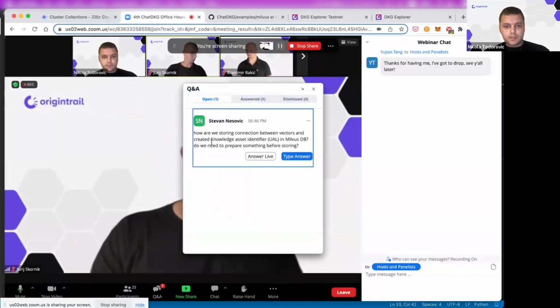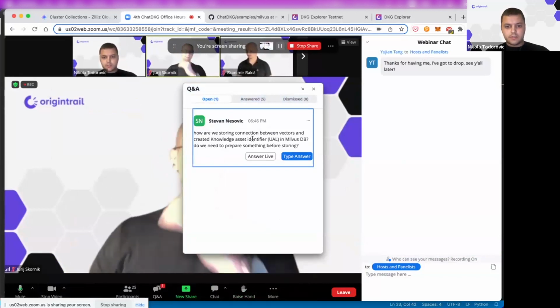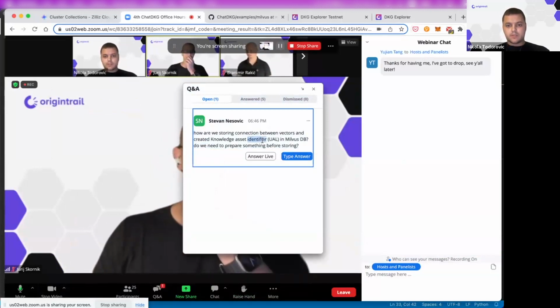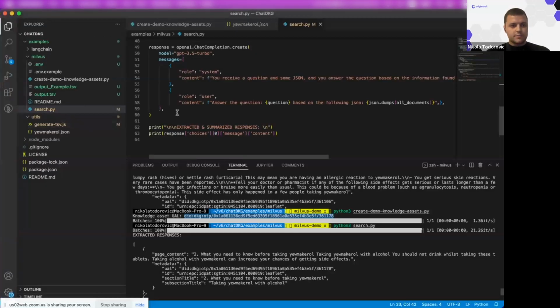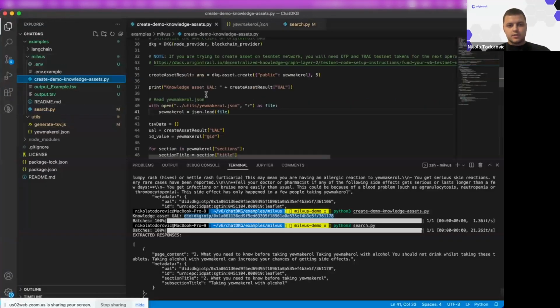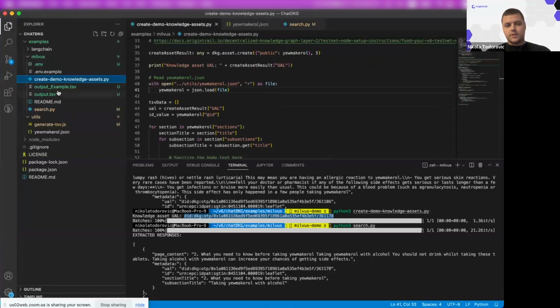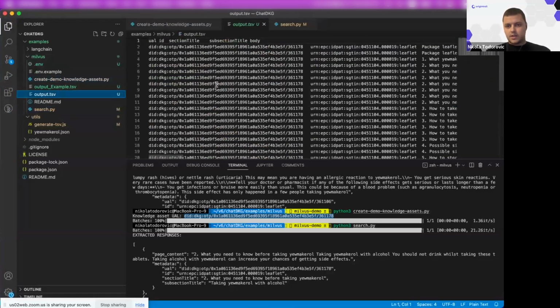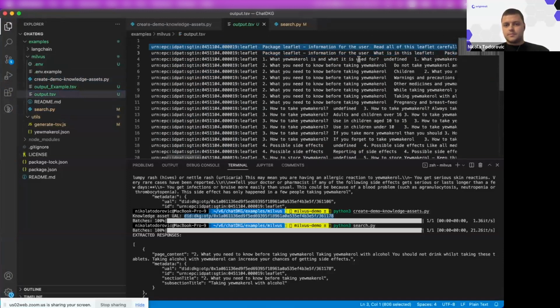Question from Steva: how are we storing the connection between vectors, creating a knowledge asset in Milvus DB? Do we need to prepare something before storing? Good question, Steva. In the preparatory phase, we generate an output CSV file, just as an example. Here we set up the connections between the URL, section title, subsection title, and body. For our knowledge asset that we created, we have set up the ID, and then what is the